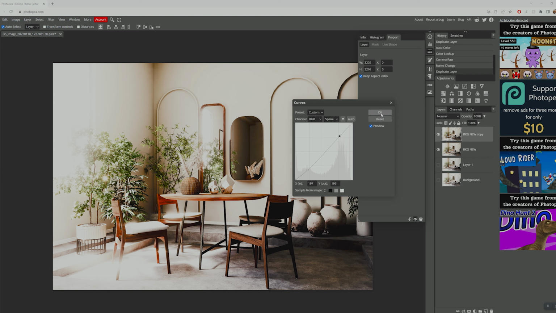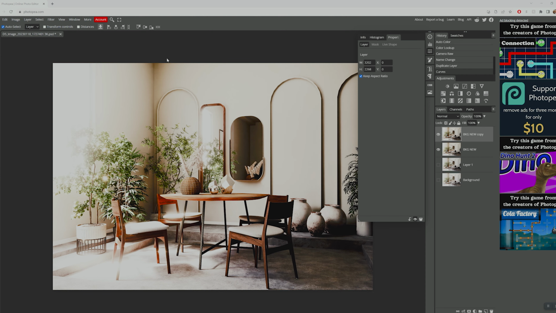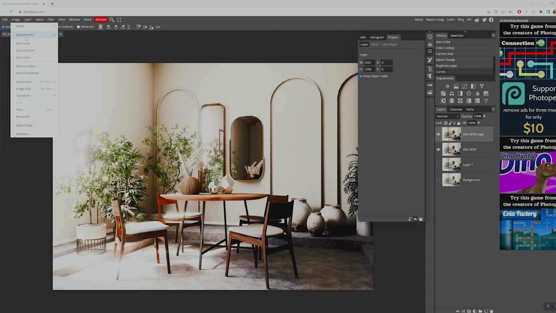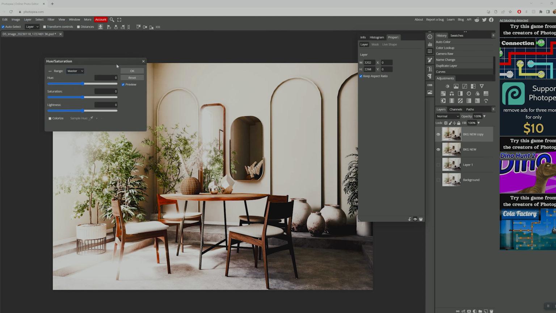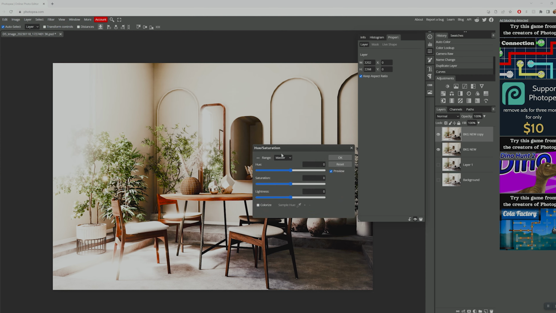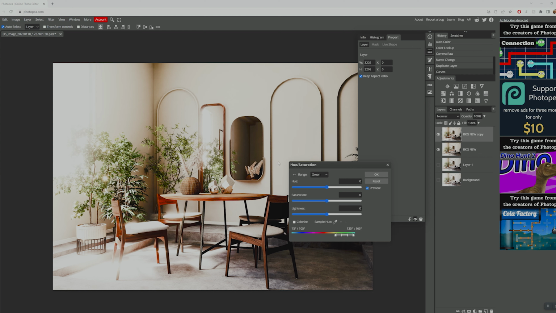All right, let's go ahead and click OK on that. Not too bad. Now, the next thing we're going to look at is the hue and saturation. So again, let's go Image, Adjustments, and Hue and Saturation. Okay, so you can see we've got the master options, but I'm going to grab the green sliders. So I'm going to be affecting everything on the green spectrum, and I think